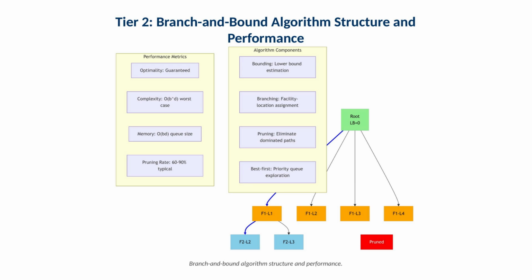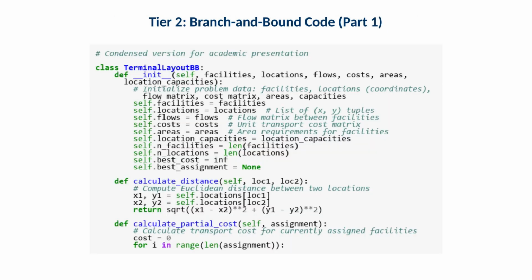This figure illustrates the structure of the search tree and how pruning reduces the number of nodes explored. You can interpret it as focusing computation only on promising regions of the assignment space. The main operational value is that we can still obtain optimal solutions for moderate sizes while avoiding the full factorial explosion of naive enumeration. This code defines a solver that stores facilities, location coordinates, flow matrices, cost matrices, area requirements,